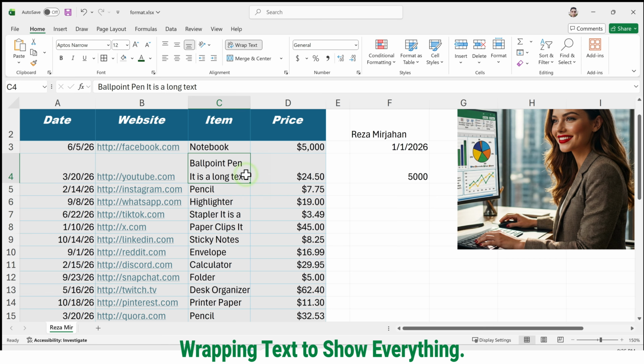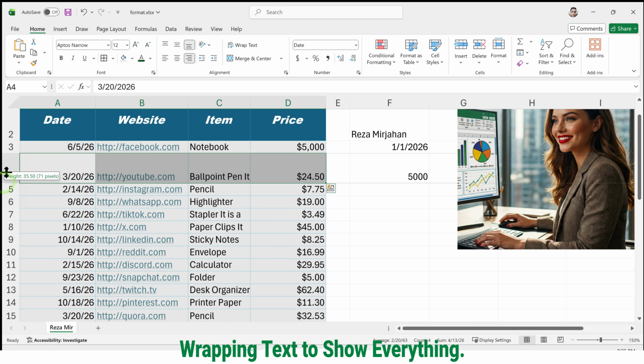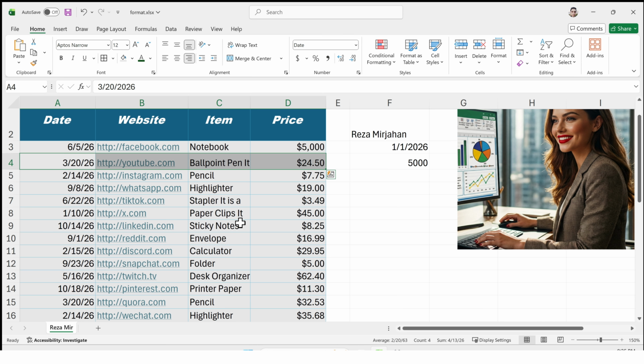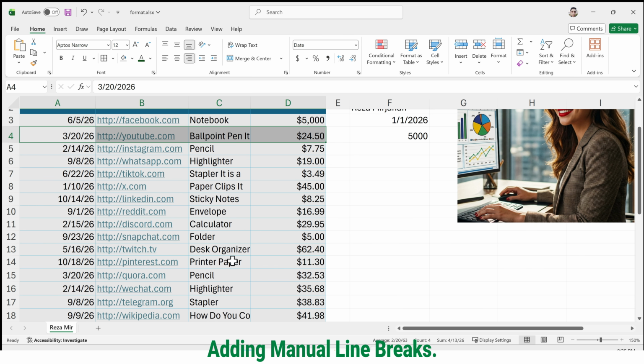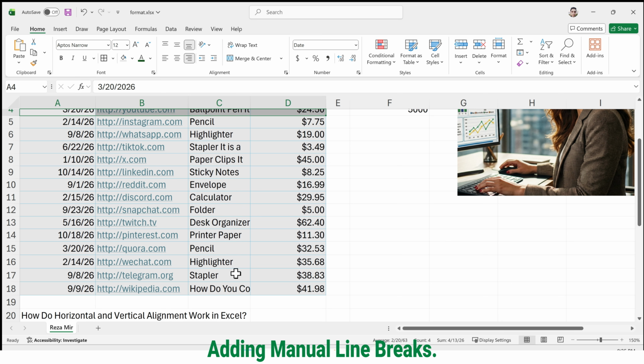If you decide you don't want wrapped text after all, just select those cells again and click Wrap Text to toggle it off. The rows will shrink back down, and you can double-click the column border to auto-resize it if needed. Manual line breaks. Wrap Text automatically decides where to break lines based on the column width, but sometimes you